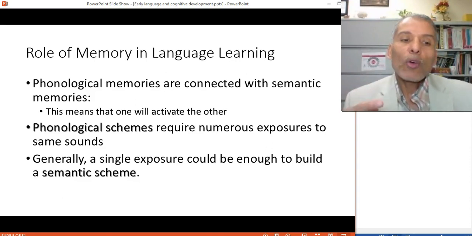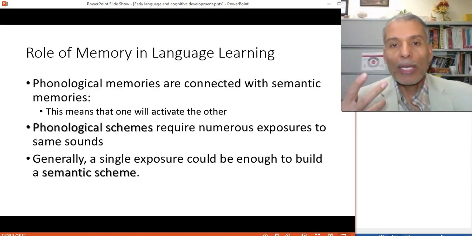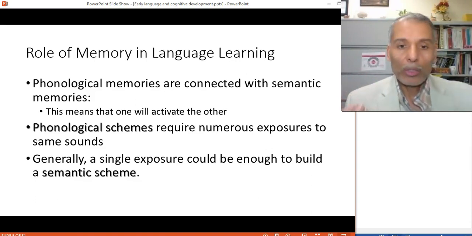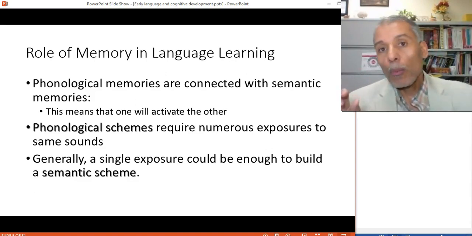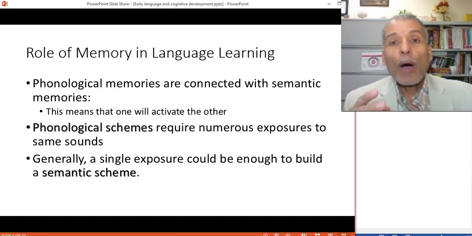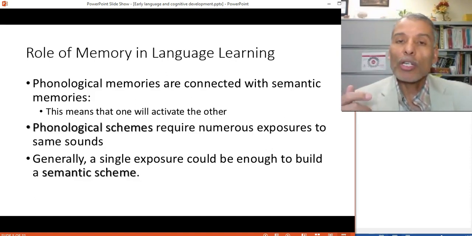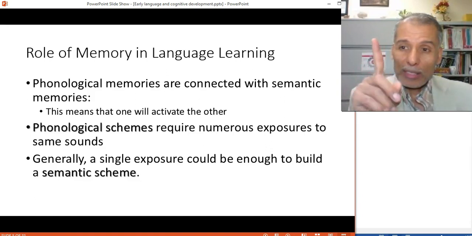However, for the meaning component, for semantics, to understand the meaning and store the meaning, build a schema based on the meaning. Like a horse: you see it for the first time, say horse. And you see a book for the first time, a book. That meaning part takes just a couple of exposures, and in some cases, at a certain period in the child's age, like between 3 and 5, a single exposure.